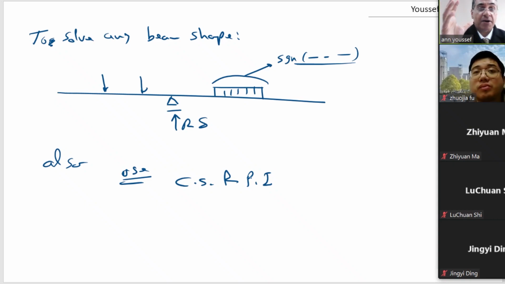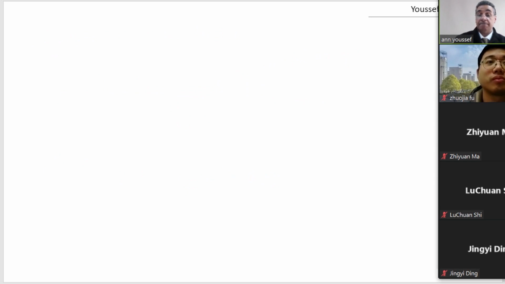The idea of the bar itself is enough. The idea of complementary solution and particular integral is enough to be understood on bars. This is enough for me. The last thing I want to talk about will take something like 5 minutes or so, which